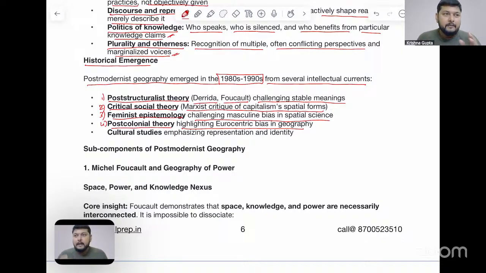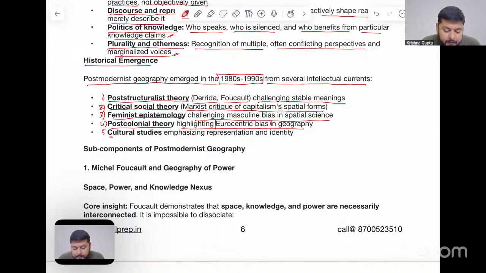For example, everything we are studying for UPSC in geography, the majority of the theories, models, laws, and everything, has a Eurocentric bias. Either it is represented in the German school or French school, or towards the British school, to a certain extent the American school, but the American school is also associated with the Anglo school. Therefore, it is called the Anglo-American school, because America was also one of the colonies of the Britishers and the French, and the geographical development has its roots in the British and the French context also.